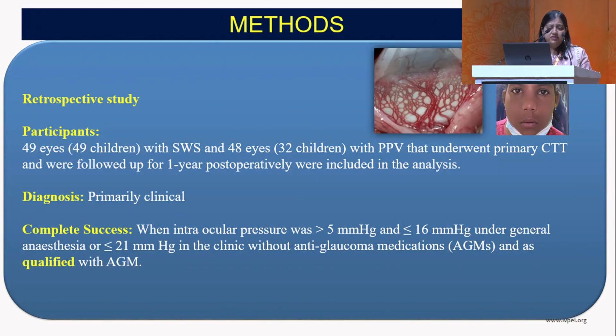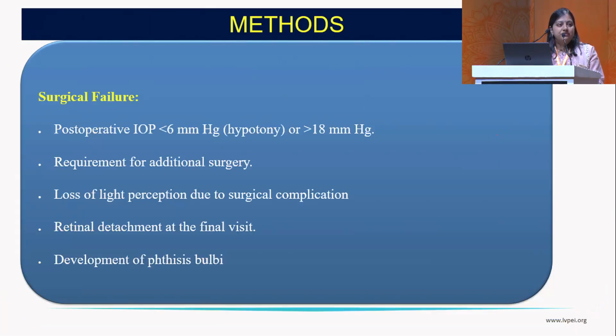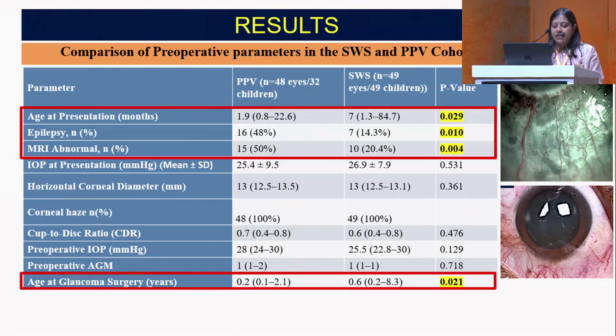So this is a retrospective study conducted on patients with early onset glaucoma in Sturge-Weber and phacomatosis pigmentovascularis who underwent CTT and with a minimal follow-up of 1 year. Diagnosis was primarily clinical, and complete success was defined as when the IOP was more than 5 and less than 16 millimeters under general anesthesia and less than 21 in clinic with or without anti-glaucoma medication. Failure was defined as IOP beyond the above said range, need for additional surgery, and loss of light perception, RD, and hypotonia. So coming to the results, 48 eyes of 32 children in the PPV group and